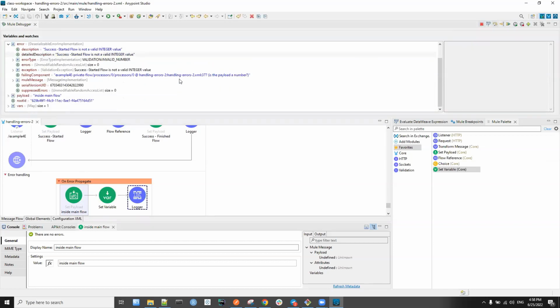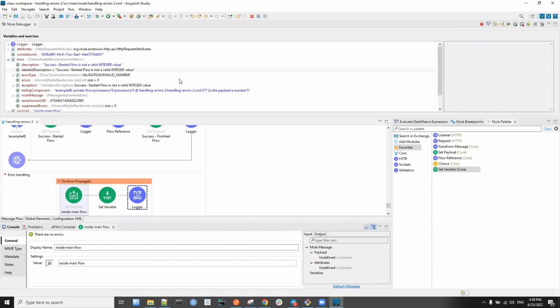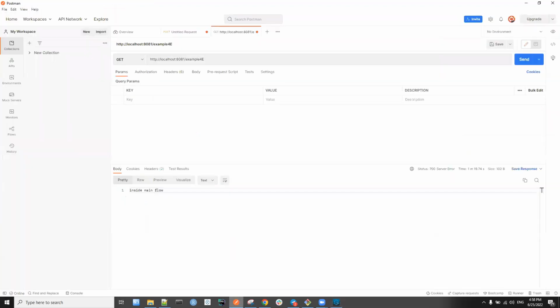And what we should get in such cases, as we have always said, even if there is an error in the listener, we have modified the response body to be the last payload and the response code to be the last status code value. So it should return this status code and this payload, inside main flow and 700. Come here, inside main flow and 700. So you can experiment by modifying it like